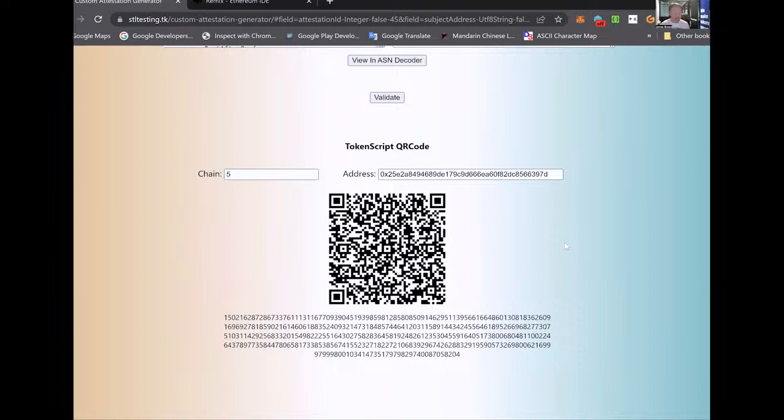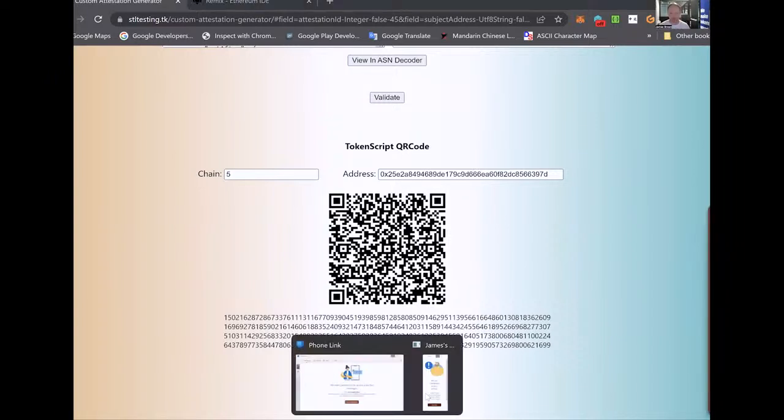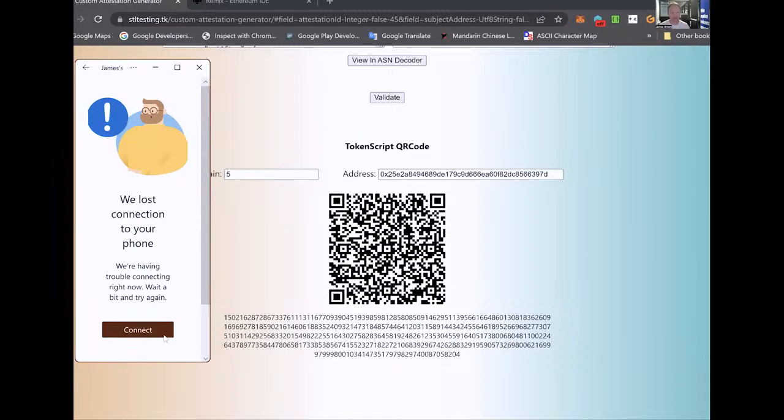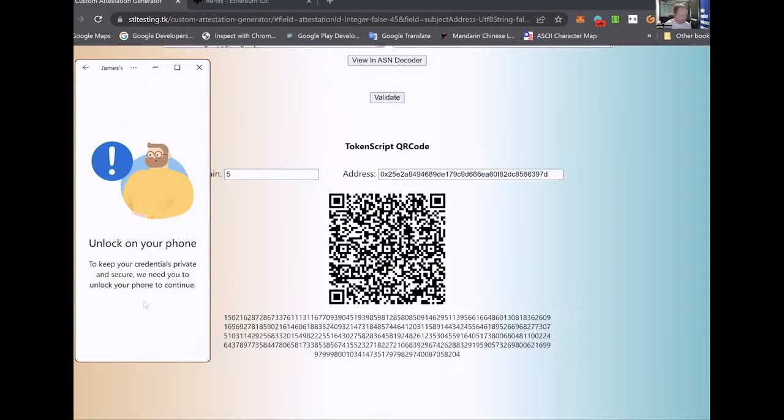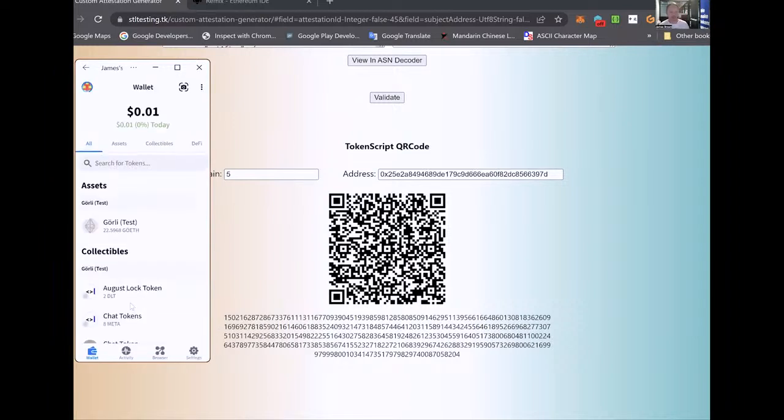So here I have a QR code. This is the QR code that's issued from their email that the hotel will be serving, and I am now going to go ahead and scan it with my phone.